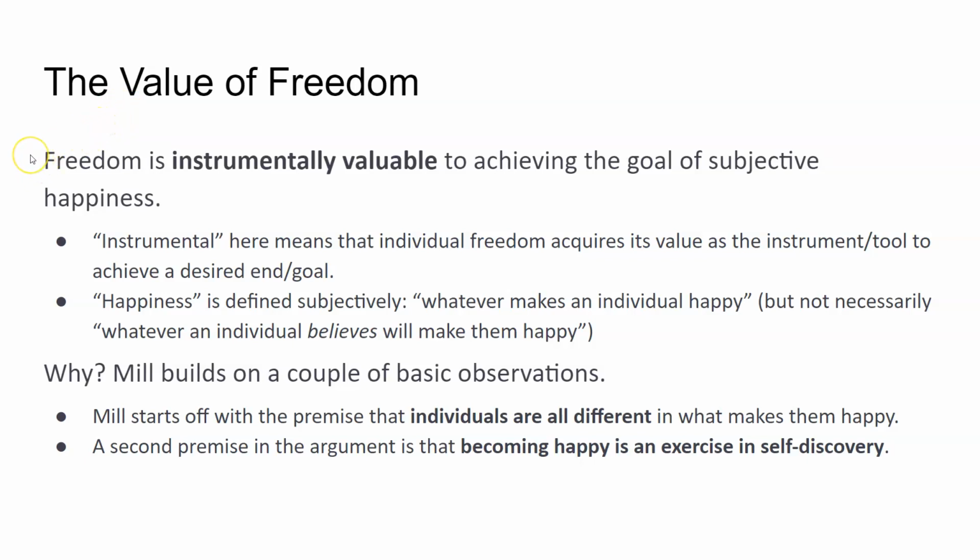And what that means is that different things are going to make different people happy. And you might say, well, hold on a minute. Aren't most people ultimately the same? Don't we have the same cravings and urges? Ultimately, aren't we all, to some degree, human? I think Mill would probably acknowledge that. But a more subtle argument, and Mill doesn't make this argument, but I think one could certainly make this argument on behalf of Mill. One could say that individuals, we need to be made happy by different things